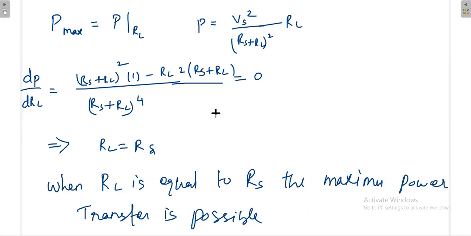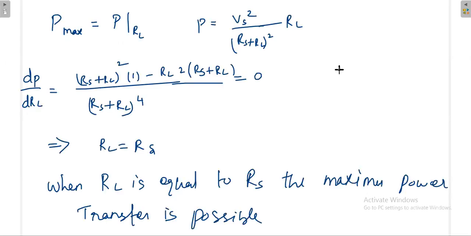Now I will take one simple problem, then we'll realize. We will see what happens. So we are going to solve with the help of the maximum power transfer theorem, 3 ohm, and one more thing, I forgot that. I will wait.